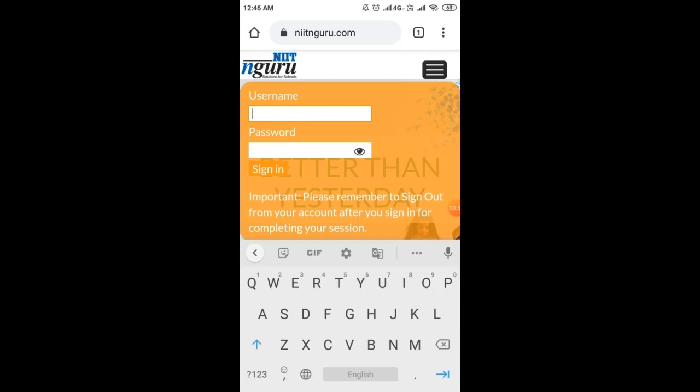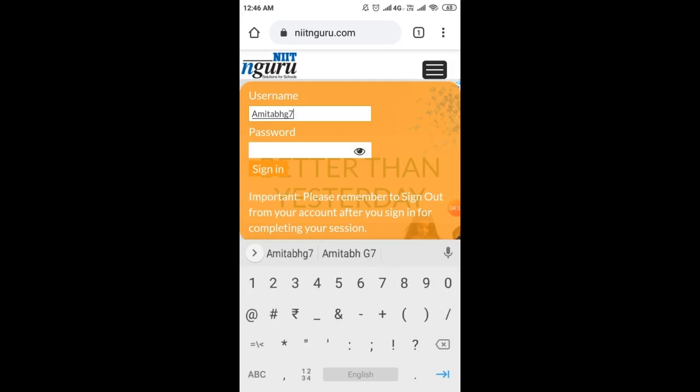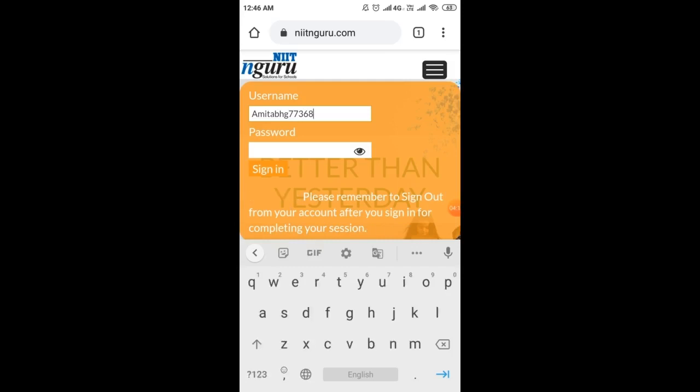So my demo login ID is AMITABHG 77368 ILP.